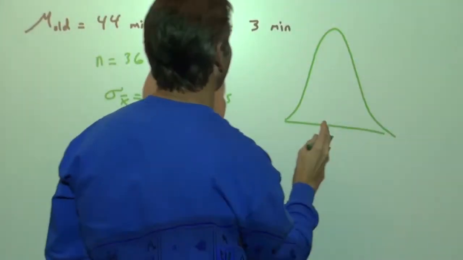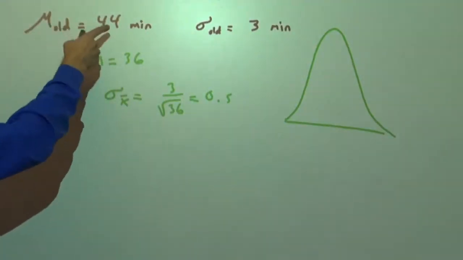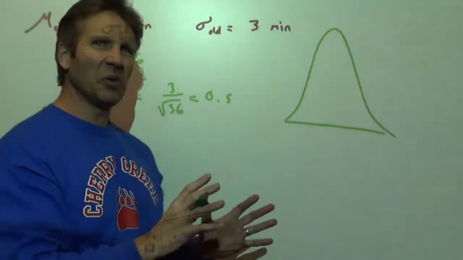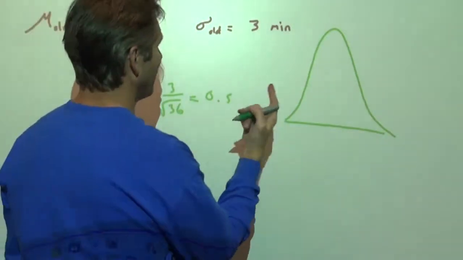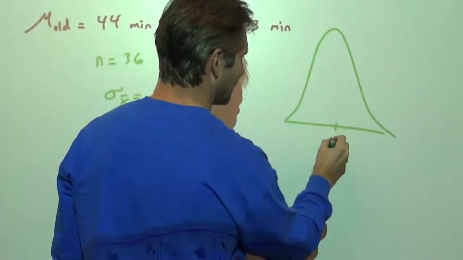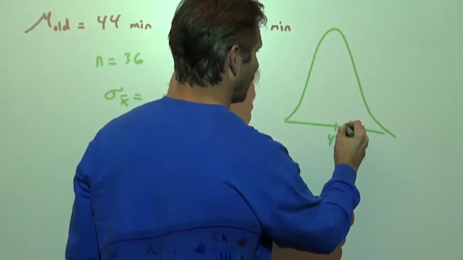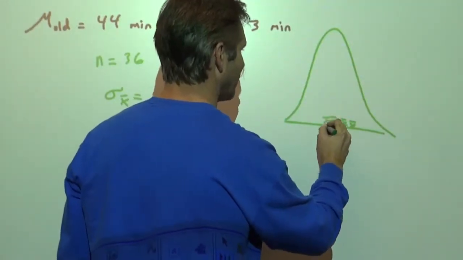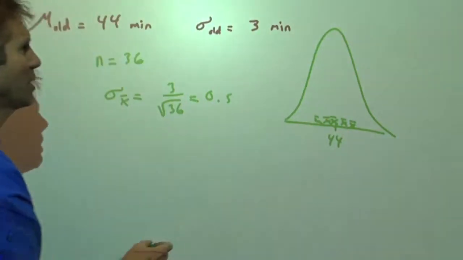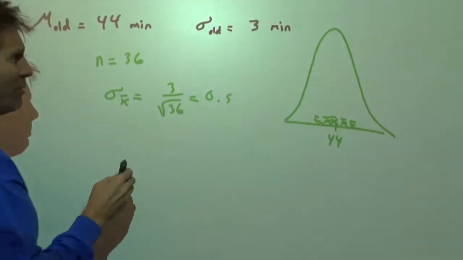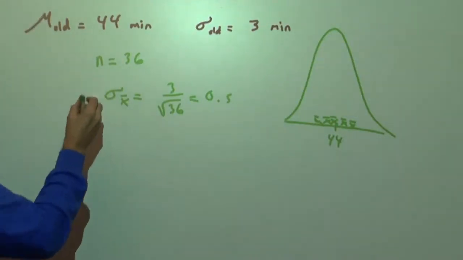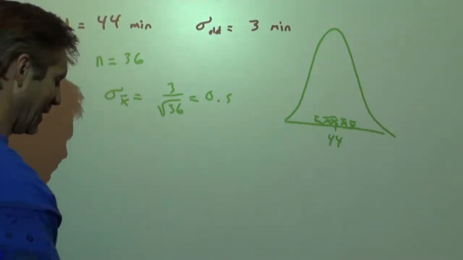So what we're going to do is say, okay, let's assume that this is true, that the new software isn't going to make a difference at all. So let's assume that for a second, and that this distribution of sample means, where theoretically these would be infinitely many sample means just due to random chance fluctuation, and how they would be distributed about the true mean of 44. So we're going to take this sample of 36 from this new company.